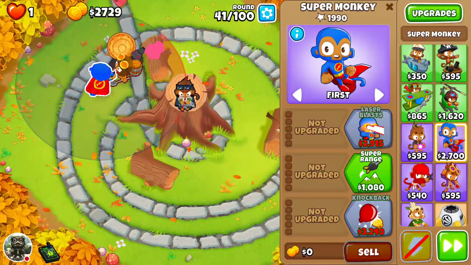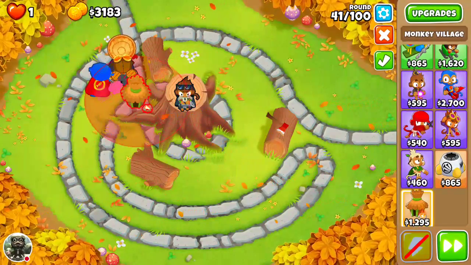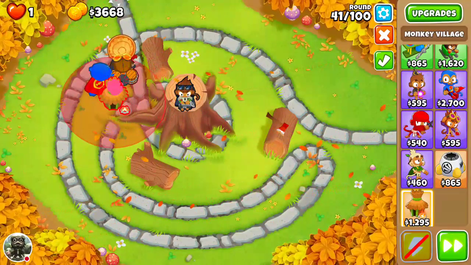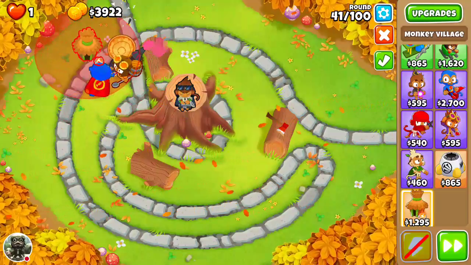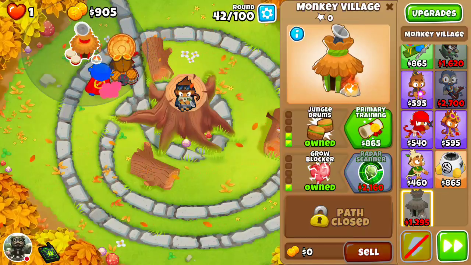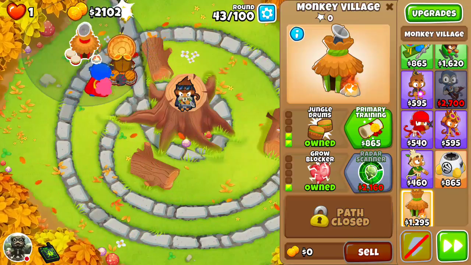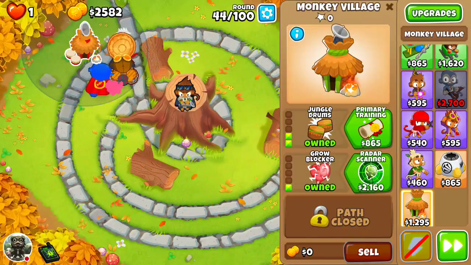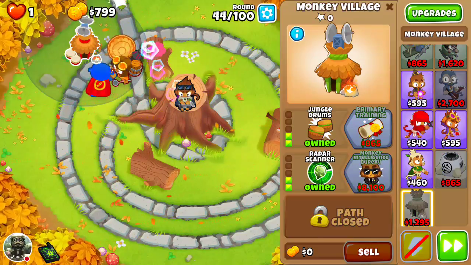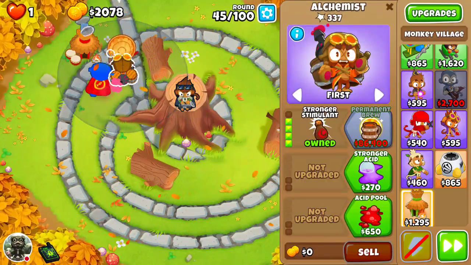So I need camo lead detection, which means I'm going to go for the monkey village. Kind of wish I could place it right there, but okay, guess I'll place it here again. Big radius and jungle drums, and I'll have radar scanner in a second. So what else? Once I get radar scanner, then I basically can pop everything, because the alchemist is allowing them